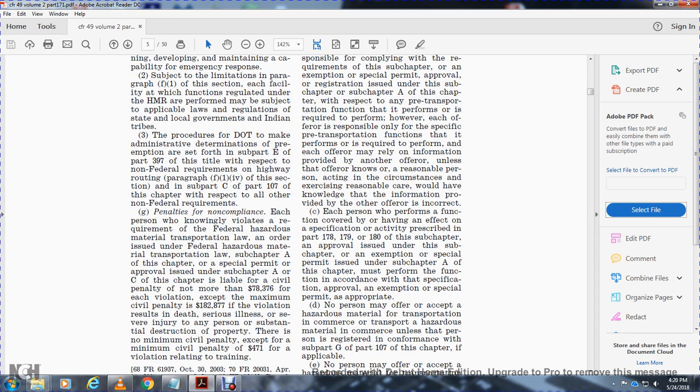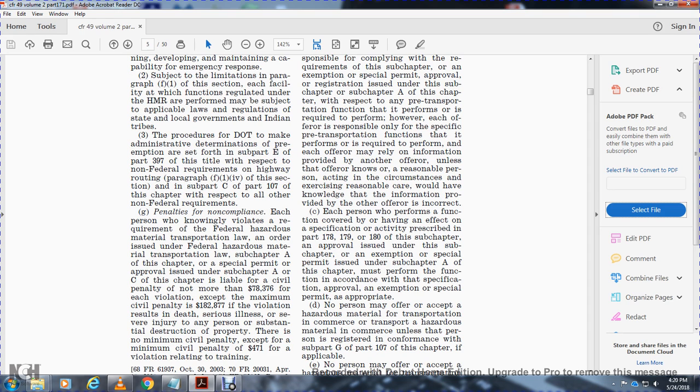Penalty for non-compliance: a person who knowingly violates the requirements of the federal hazardous material transportation law, or a special permit or approval issued under subpart A or C of this chapter, is liable for a civil penalty of not more than $78,376 for each violation, except for the maximum civil penalty of